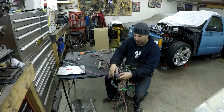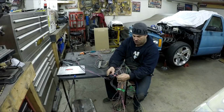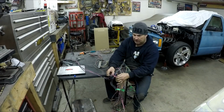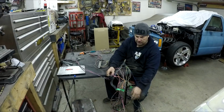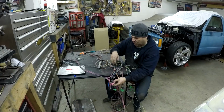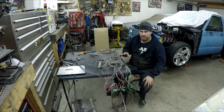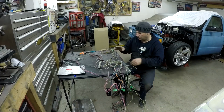I haven't really read that far into exactly what to do. So this block ends up getting cut off, and most of this pile of pink ones can just get connected together for the injectors, and then they go into a relay and a fuse in that fuse block you're going to buy, which I haven't bought yet. So now the next thing for this is to